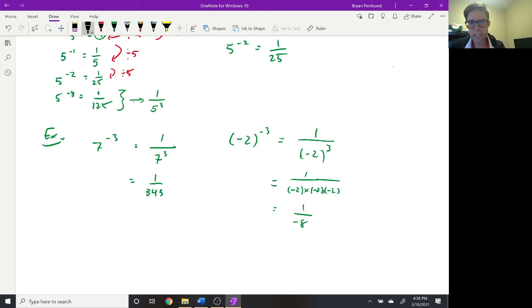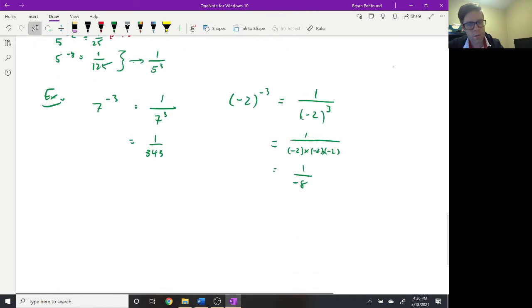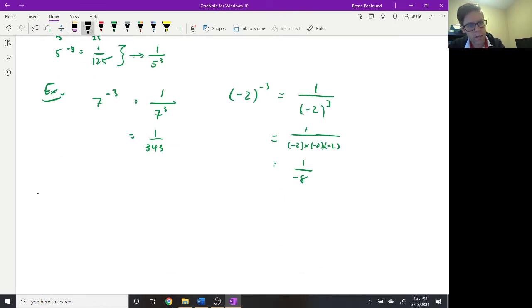So that is a little ditty about negative powers. That was number 6. And of course, we talked about number 7. I think this is going to be our last property, and that is that a to the power of 0 is equal to 1, provided,